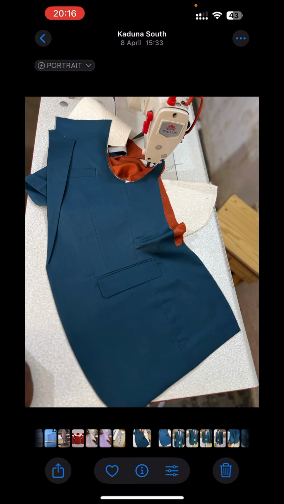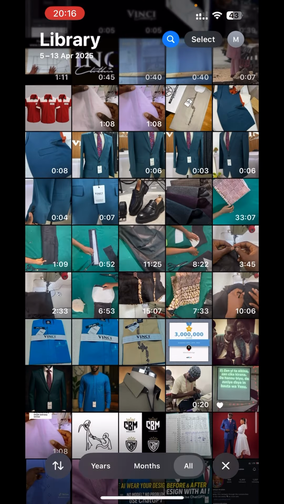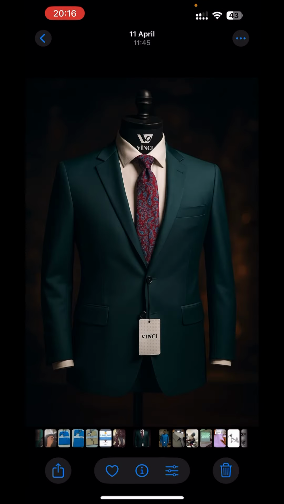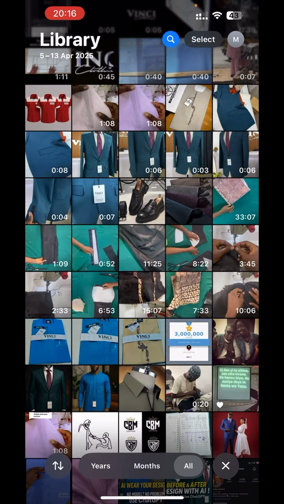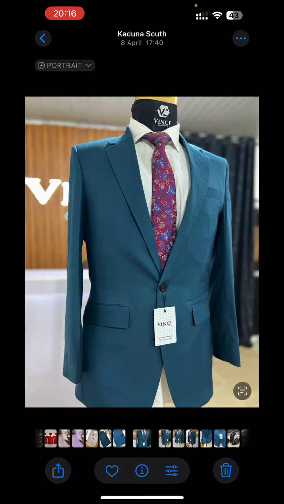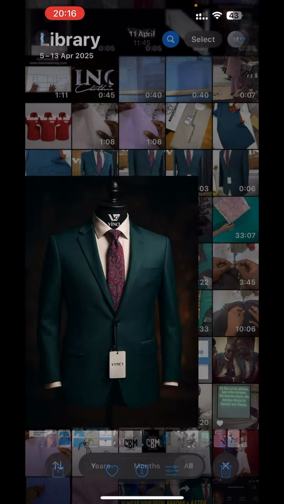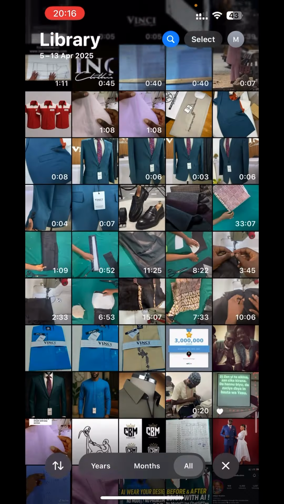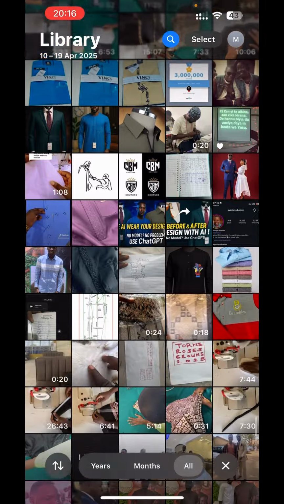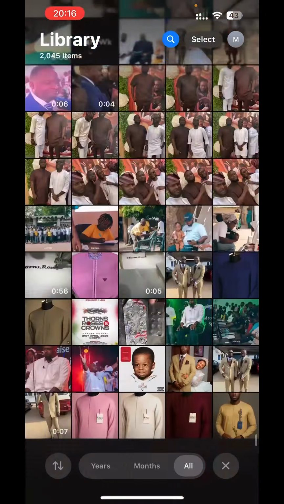And then I uploaded this one to ChatGPT, and it gave me this suit with my hang tag on it. You can see that. No, I think this is one I uploaded with my hang tag, and then it gave me this one. It gave me this one with the right prompt. So all I'm saying is this. All I'm saying is, with the right prompts,